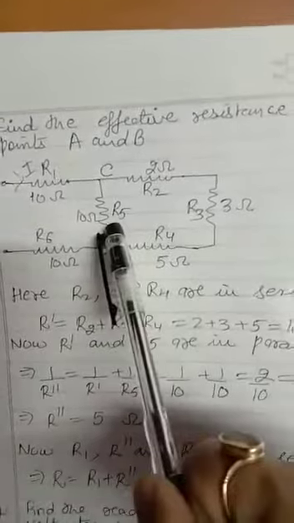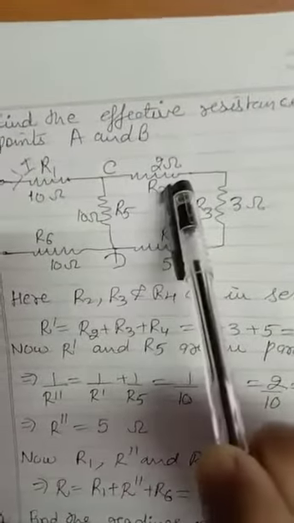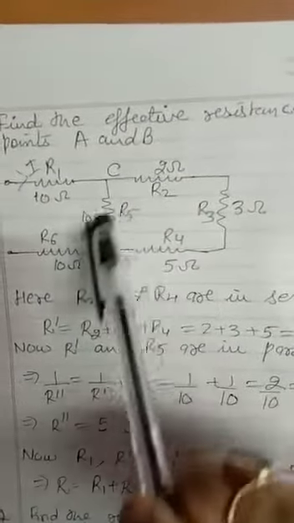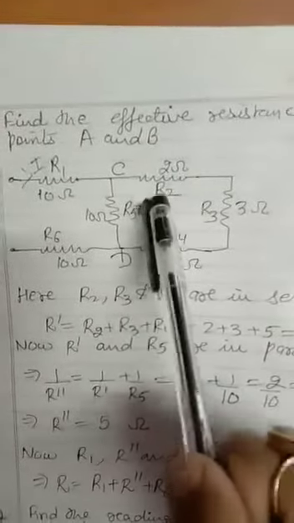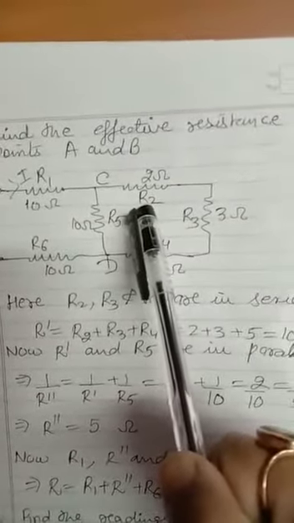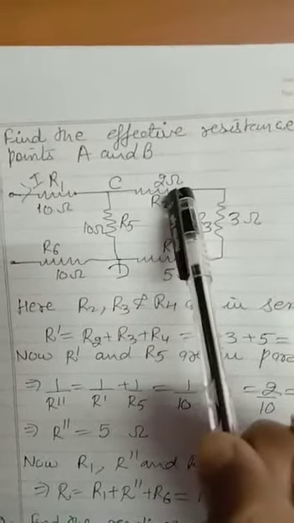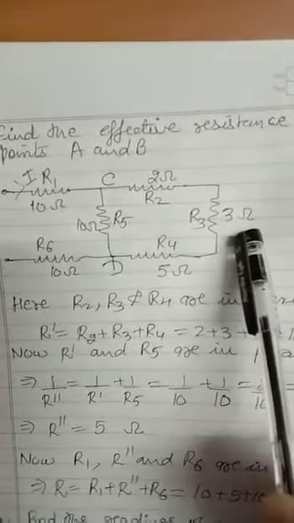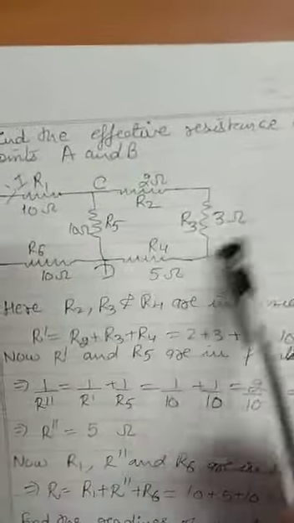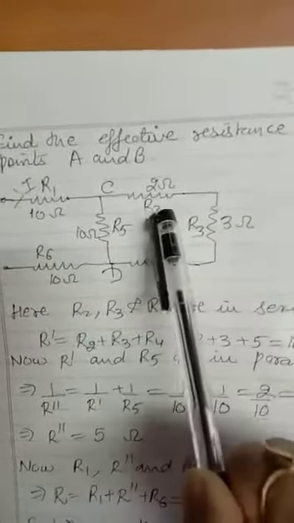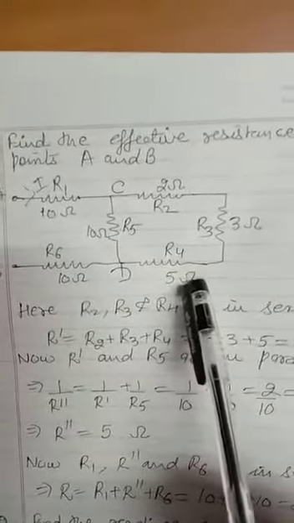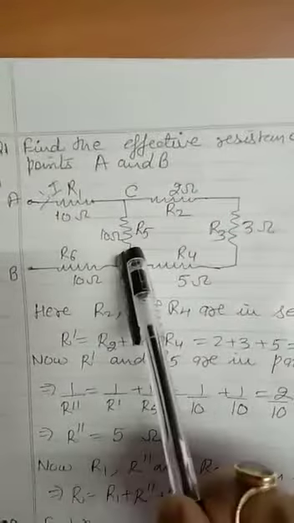So at this point C, the current will have two possible paths, one through R5 and one through R2. So we can say this R5 and the remaining ones are in parallel combination. Now whatever current is coming, the value is not needed, say it's coming through 2 ohm. Then the same value will go through R3 and R4 because no other possible path is there. So we say R2, R3 and R4 are in series combination and their effective value is in parallel to